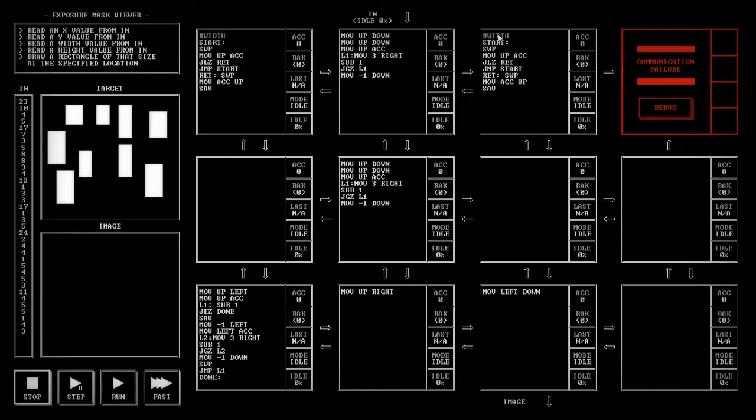So I'll need to store one, probably because I can store 2 values here. I'll need to keep track of 3 values for this. So we're also going to just store the X here because we're not going to be really messing with it. So I need to make sure